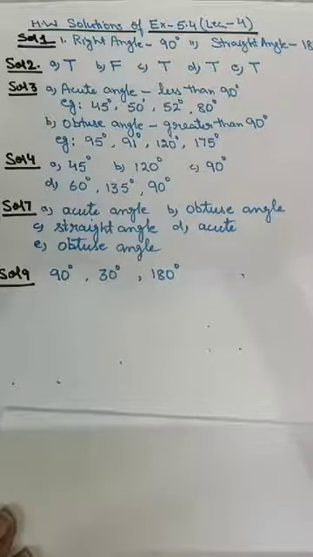Question number 9, find the measure between the hands of a clock in each figure. See, in the first exercise we did this type of question with the help of numbers only, by looking at the gap between two numbers. But now in this exercise we have to do it by measuring with the help of a protractor. So the first clock will show 90 degree, second 30 degree, and the third one is 180 degree. See, the straight line is there.